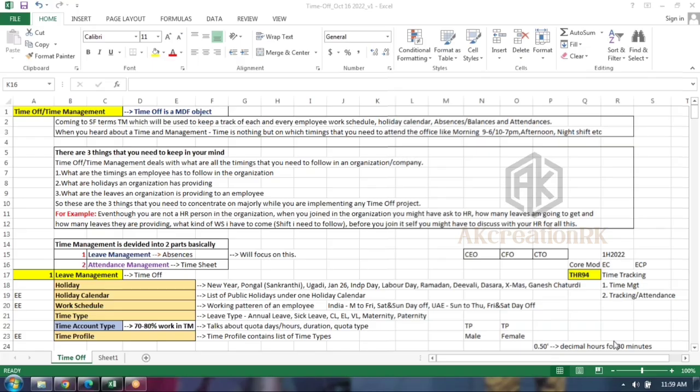Basic timesheet is simply that you log in to your SuccessFactors system as an employee, fill in 8 hours, and submit. It reaches your concerned manager. Once approval is done, that day is a working day for you. That we technically call basic timesheet configuration.